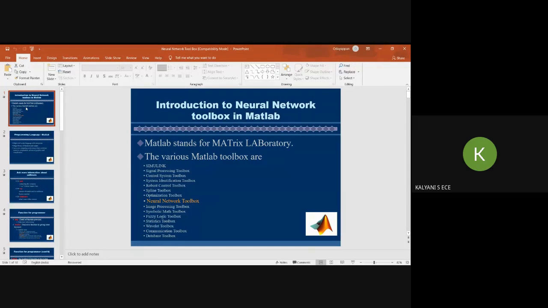So this is just an introduction to the neural network toolbox in MATLAB. As you are aware, we have so many toolboxes available in MATLAB: signal processing toolbox, control system toolbox, image processing toolbox, neural network toolbox, fuzzy, statistics, machine learning toolbox, deep learning toolbox, and the statistical machine learning toolbox. So these are various toolboxes that are available in MATLAB, and I'm going to focus on the neural network